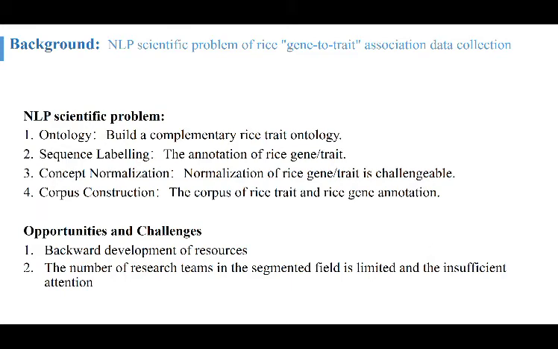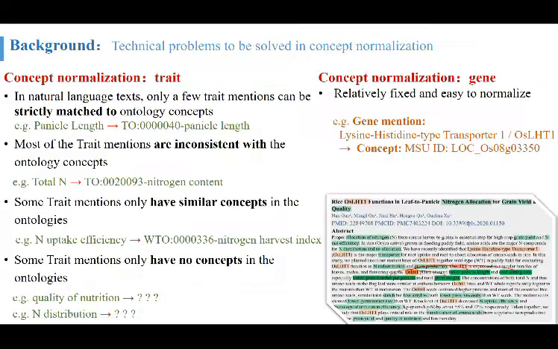Though there are many challenges, such as the domain resources is backward and the research teams in this field is limited, etc., meanwhile, there are opportunities. As we mentioned on the last slide, concept normalization is one of the NLP scientific problems we encountered. We are faced with a situation where the normalization of gene concepts is relatively fixed and easy by using the existing rice gene normalization database, as the example shows, whereas the normalization of rice traits is faced with some technical